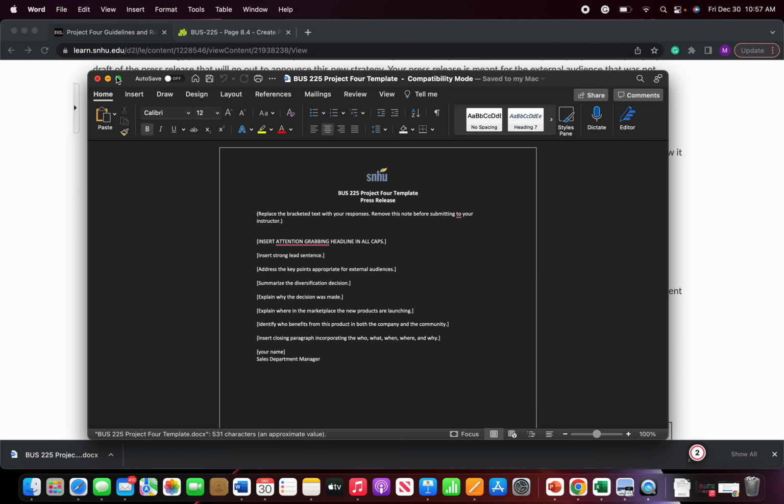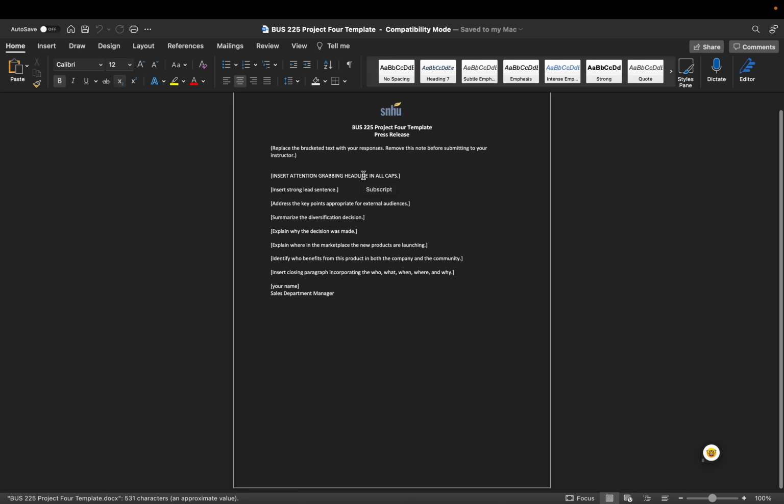So it's very basic. This is just giving you an idea here of how to fill this out. So you have: insert an attention-grabbing headline in all caps. So what's the caption for this particular press release? You want to have a strong leading sentence. You're going to address your key points appropriate for external audiences. This is trying to remind you not to go into the same level of detail as you did for your